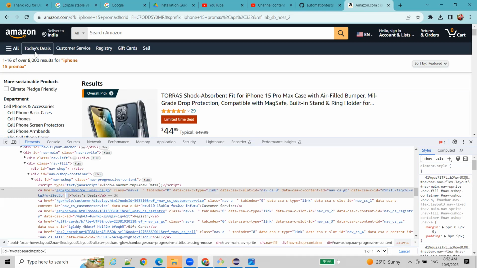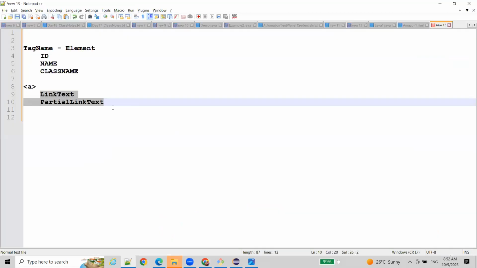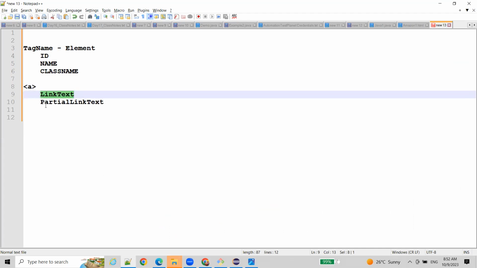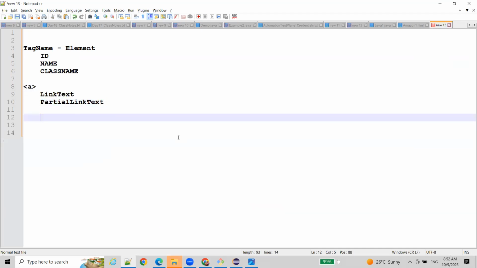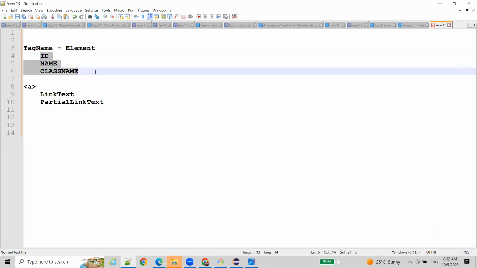If you had the same name, Today's Deals, for Customer Service too, which one would you choose? You would be confused, right? For each and every link, they put unique names. So to identify links by their text, we can use these two methods. If we want to use a combination or group of properties,